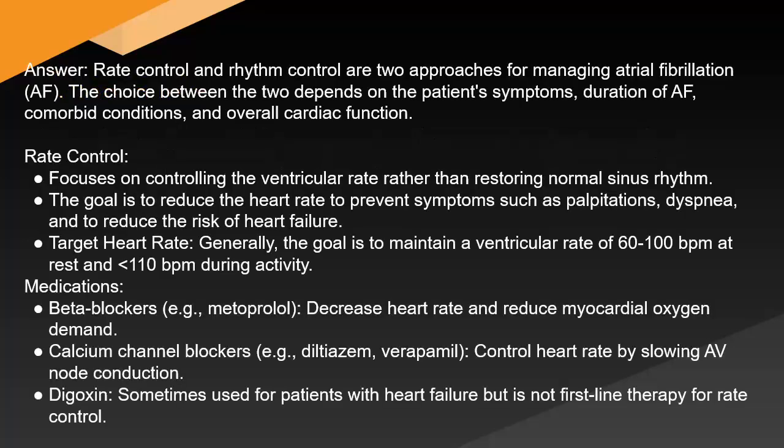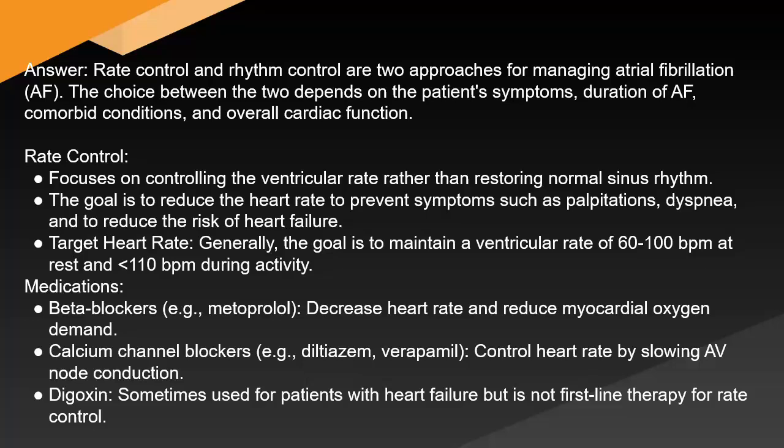Answer. Rate control and rhythm control are two approaches for managing atrial fibrillation (AF). The choice between the two depends on the patient's symptoms, duration of AF, comorbid conditions, and overall cardiac function. Rate control focuses on controlling the ventricular rate rather than restoring normal sinus rhythm. The goal is to reduce the heart rate to prevent symptoms such as palpitations, dyspnea, and to reduce the risk